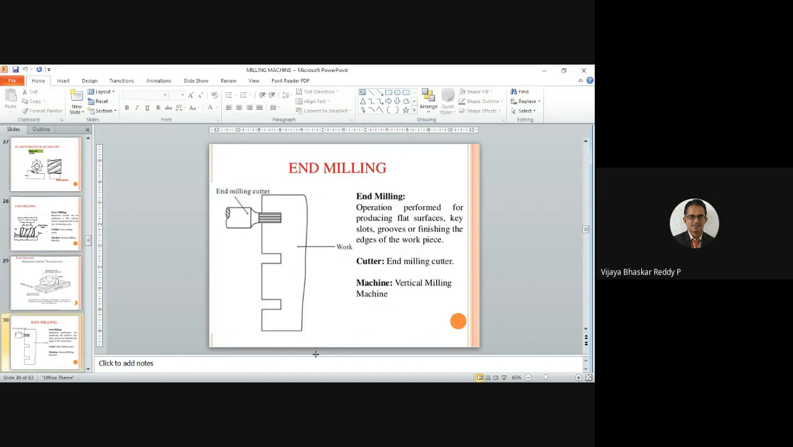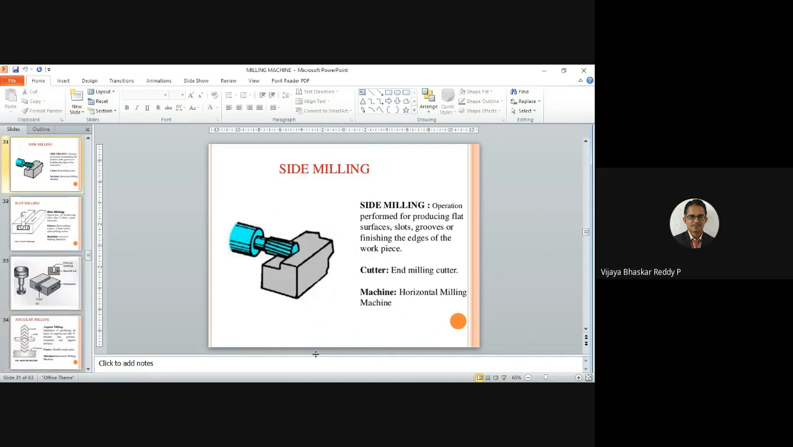Then end milling operations. They are performed for producing flat surfaces, key slots and grooves, and particularly for finishing the edges of workpieces, so we can use an end mill cutter. The machine that we are going to use is the vertical milling machine, right? This is the end milling operation. And then